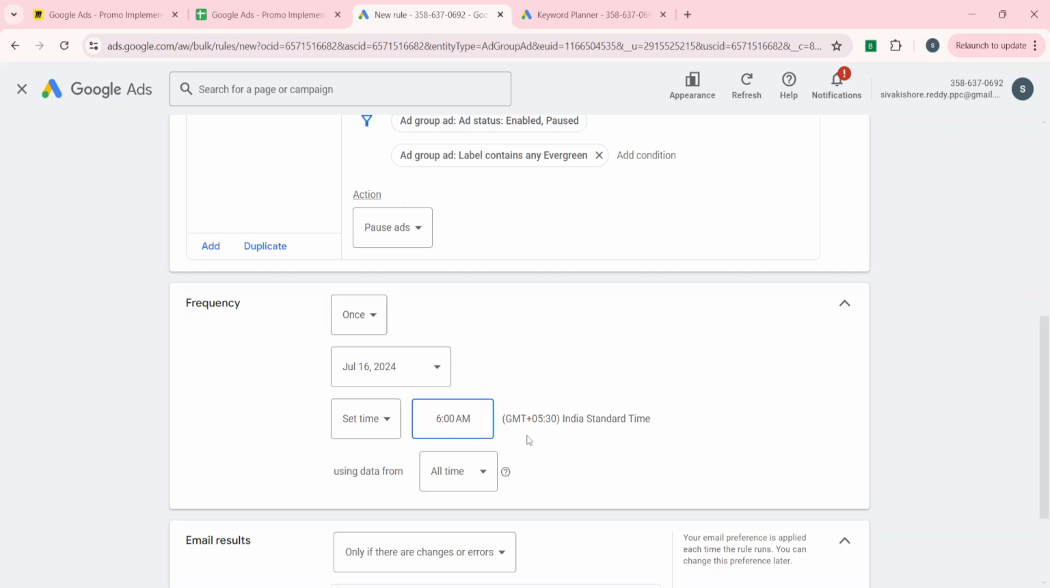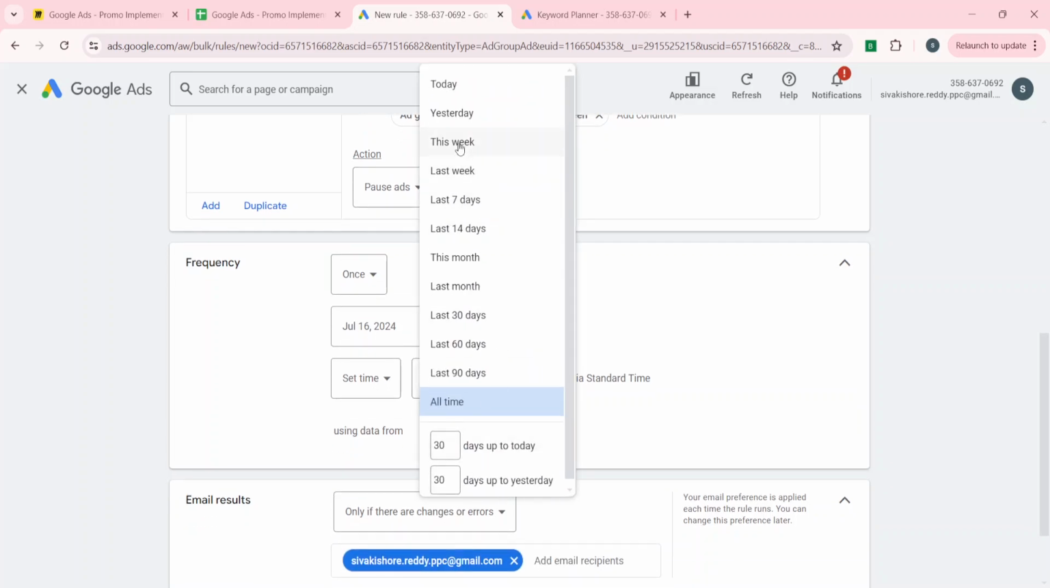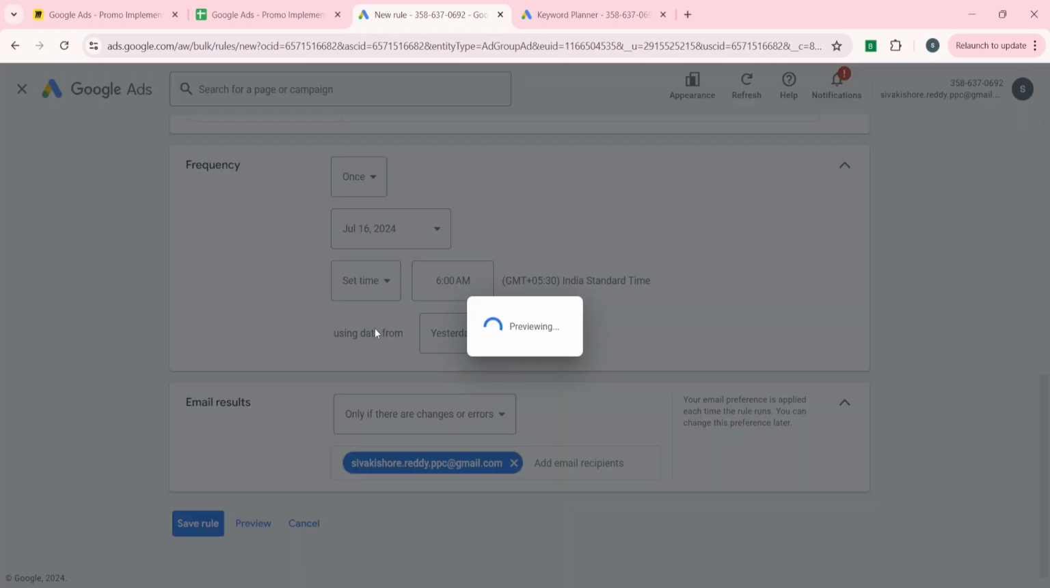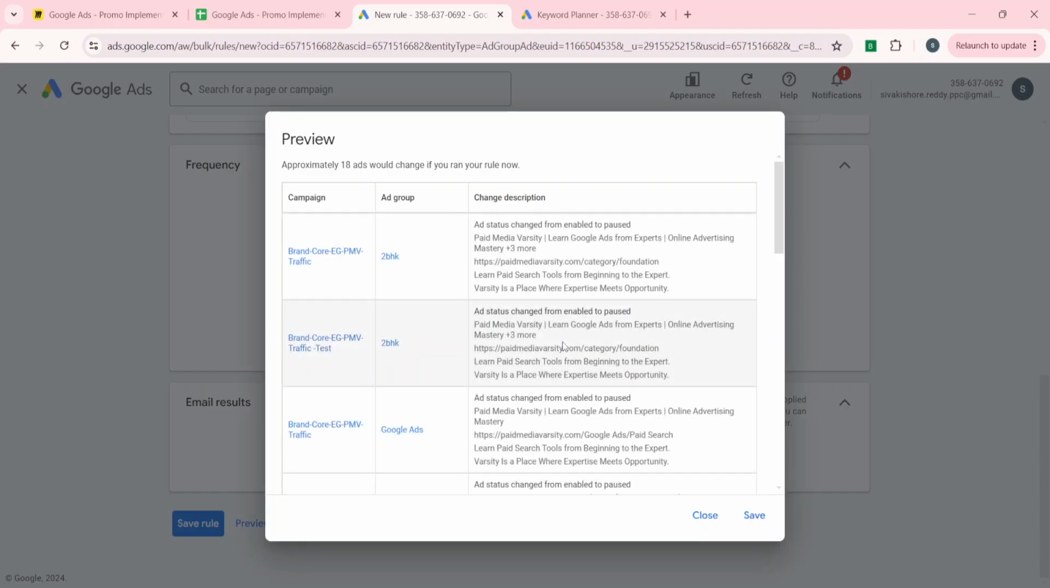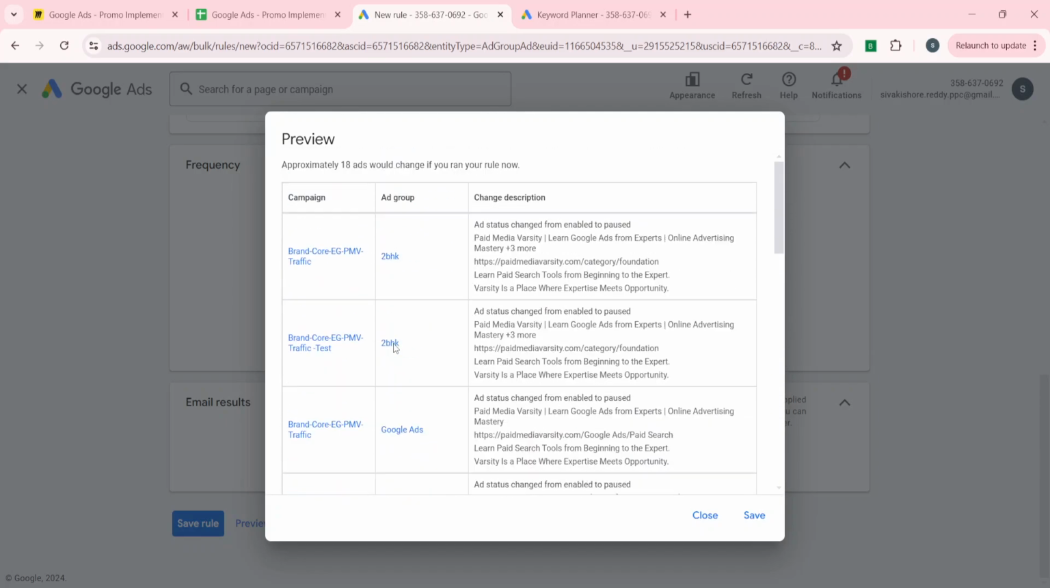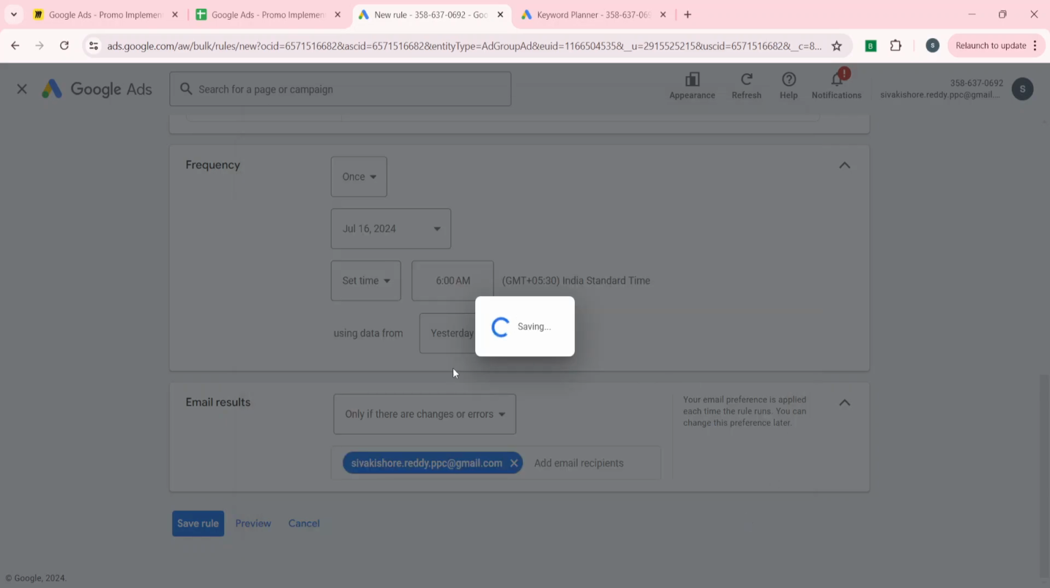Make sure that AM is selected properly using the data from yesterday, and make sure that you preview this before applying, so that you will have an idea of what are the changes that are going to happen when this rule runs, right? You see here, these are the ad copies that will be paused when this rule runs. Save,